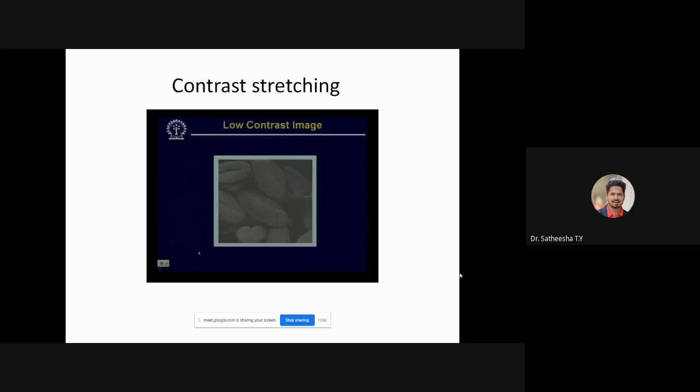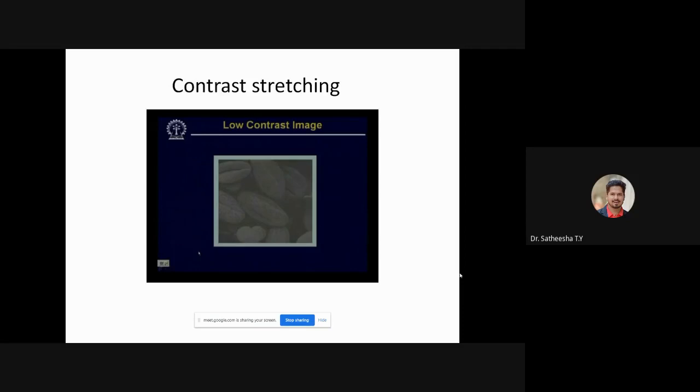Maybe the aperture was very small, so that a very small amount of light was allowed to pass through the lens to the imaging sensor. So if the aperture is not properly set, that also leads to a very dark image.